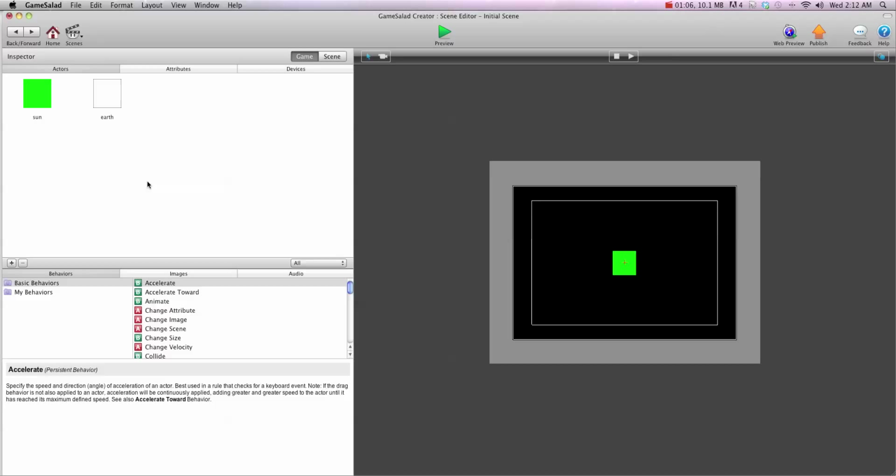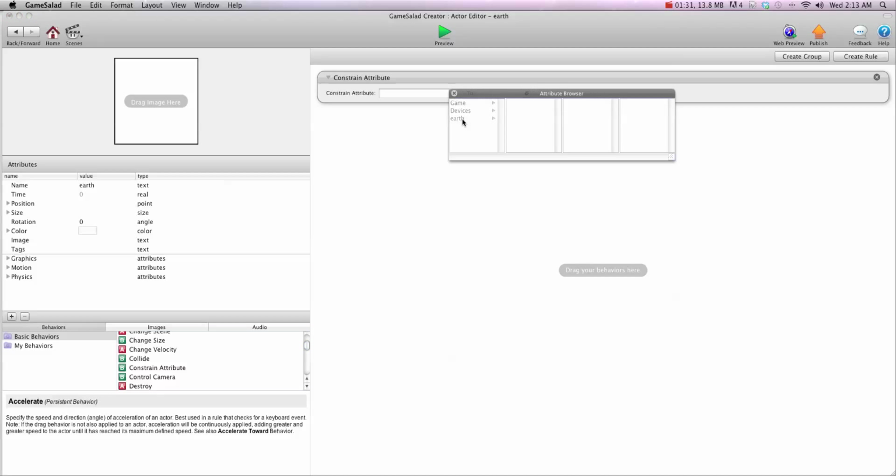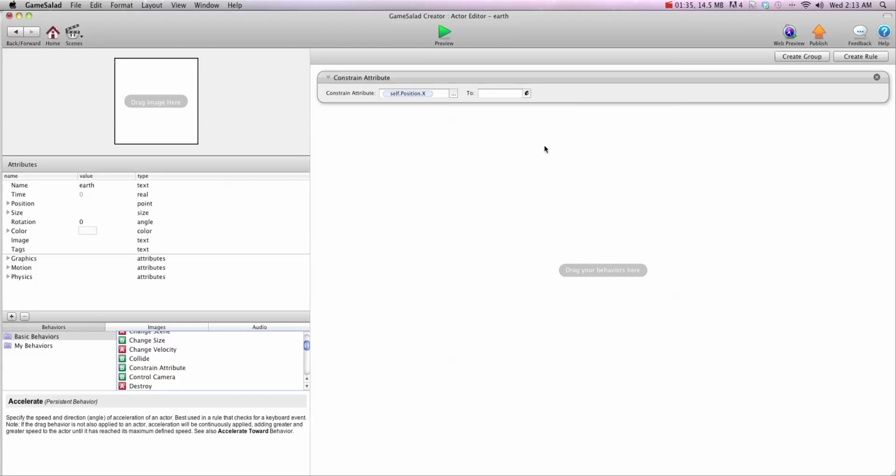Now what we need to do is go in the Earth, and we're going to tell it to orbit around the sun. So I'm going to go ahead and make this smaller here, just going to put it up here for now. So in here, what we're going to do is constrain attribute self position X to,